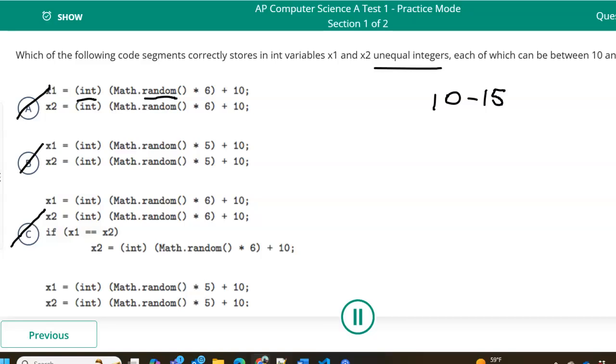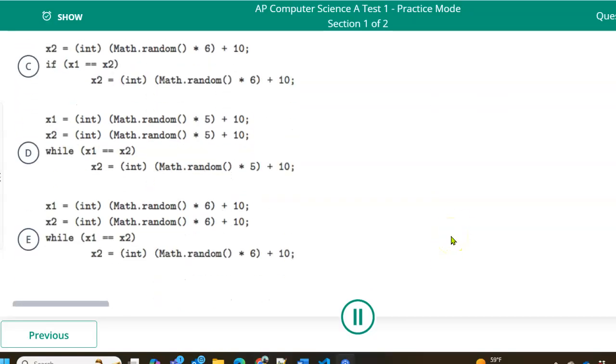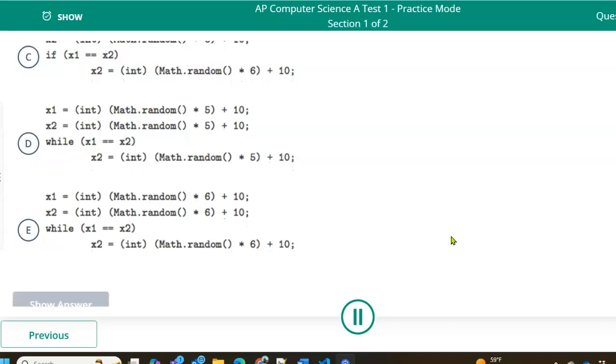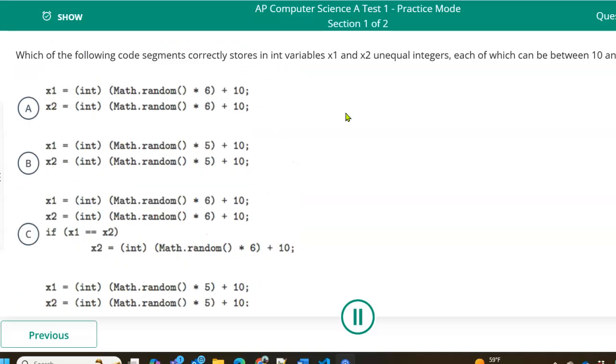All right, I have to quit the drawing to scroll this so we can see the rest of the numbers. All right, D and E. I'm looking at D and E, and frankly, I'm a little bit puzzled with that. Can I read this question again? Which of the following code segments, each of which can be between 10 and 15 inclusive. All right, this is a tricky question. All right, I'm going to have to reread this,